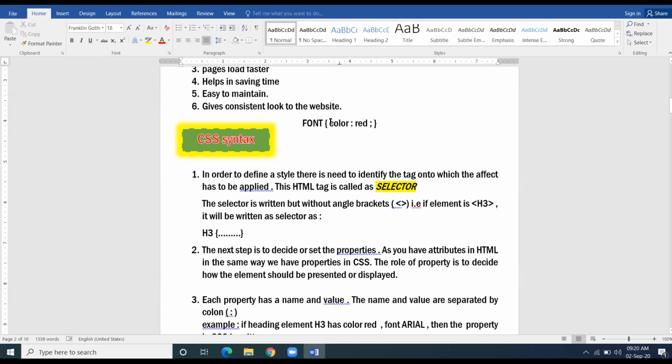This whole, whatever I am going to shade, this is property. Listen very carefully, 10th class. This is property. This is the value of the property. The value and the property, they are separated by colon.